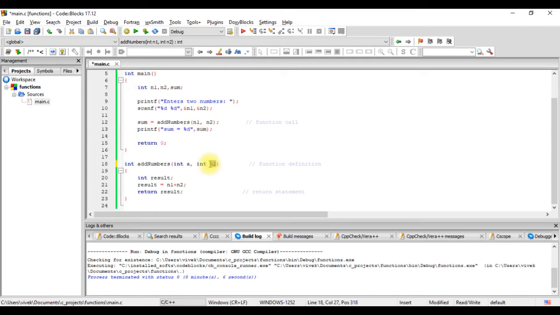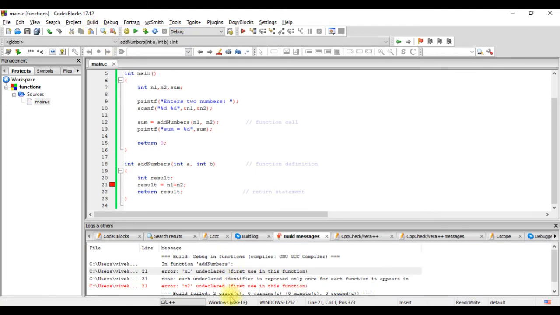So let's put it back to a and b. Now you see here I have n1 and n2 mentioned. n1 and n2 are declared in the main function and we are passing them as arguments. Will the compiler allow this? No. For this function, n1 and n2 are undeclared. This function does not know what n1 and n2 are, even though it is called from main.